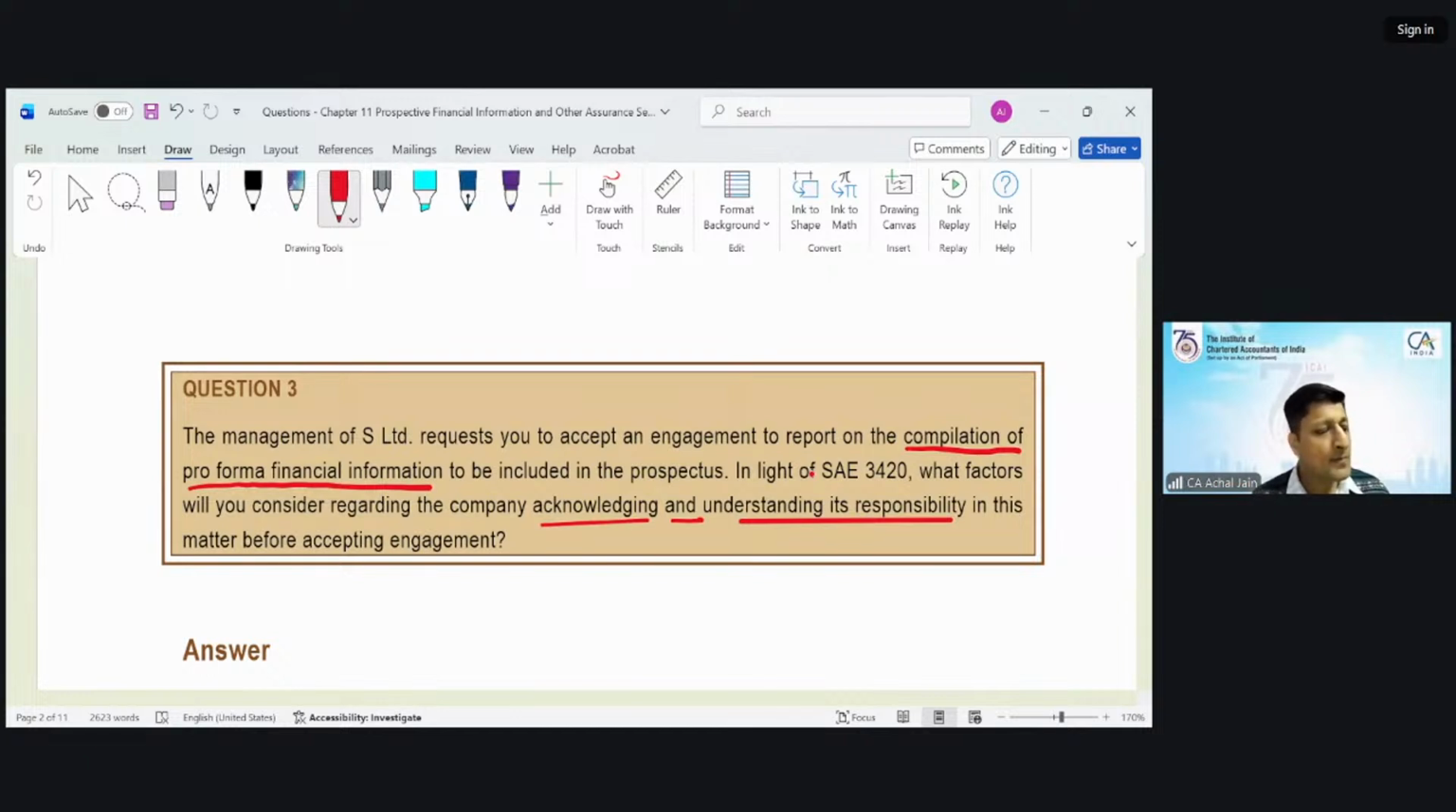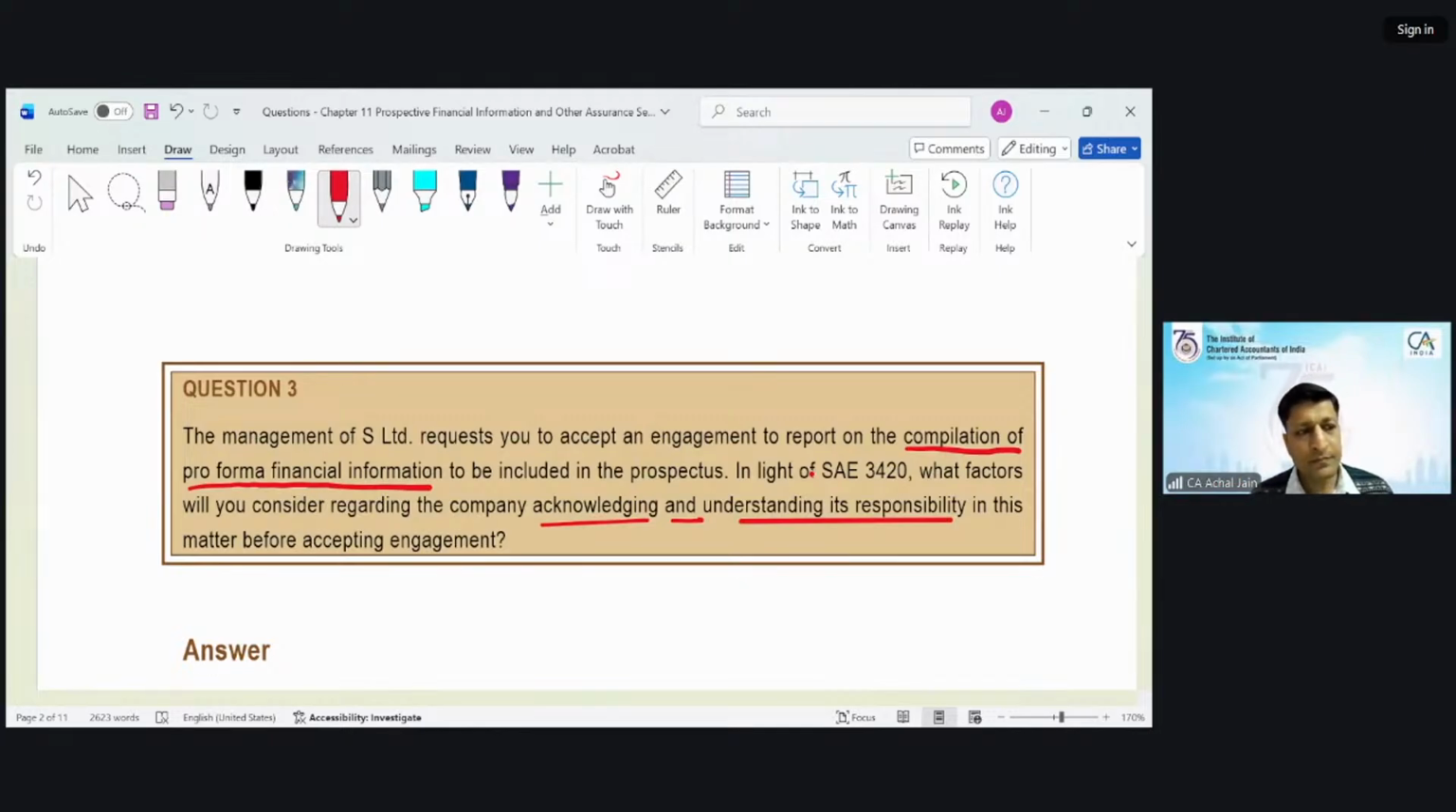Yes, sir. Here you see 3420, the compilation of pro forma financial information to be included in the prospectus. In the reporting format, it talks about the management's responsibilities and the auditor's responsibility. Here they are asking what items of management responsibility are to be included before accepting the engagement. The management is responsible for the compilation, on all the financial information, whether it is included or not, and adequately disclosed with all the material aspects, and also the consistency, and whether any external party or management expert is used in this case,